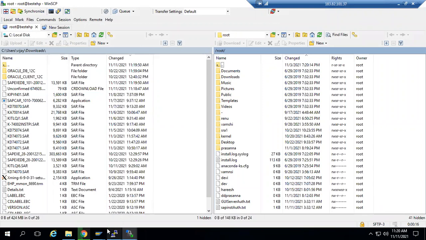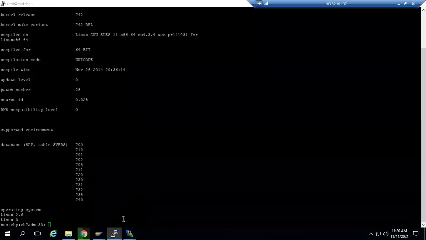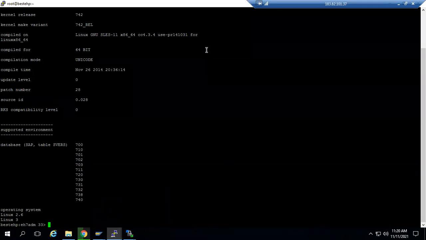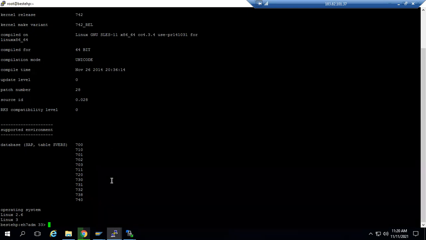So now see, kernel path. I will show you the kernel path.